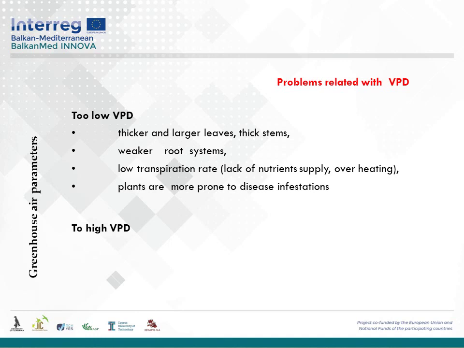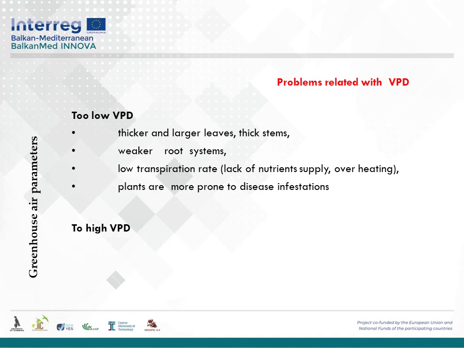And in case of a low transpiration rate, sometimes a specific physiological disorder appears: boiled leaves at the top of the plant. In addition, you know that a low VPD means that the relative humidity of the air is too high, and this is a situation in which fungal diseases can easily spread